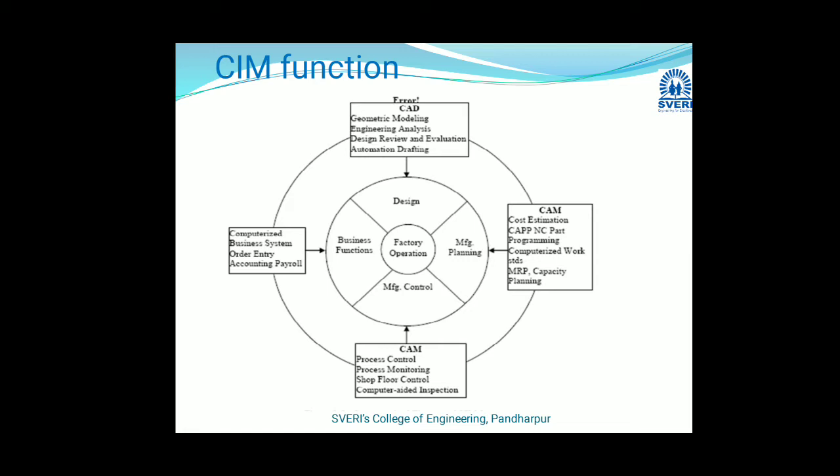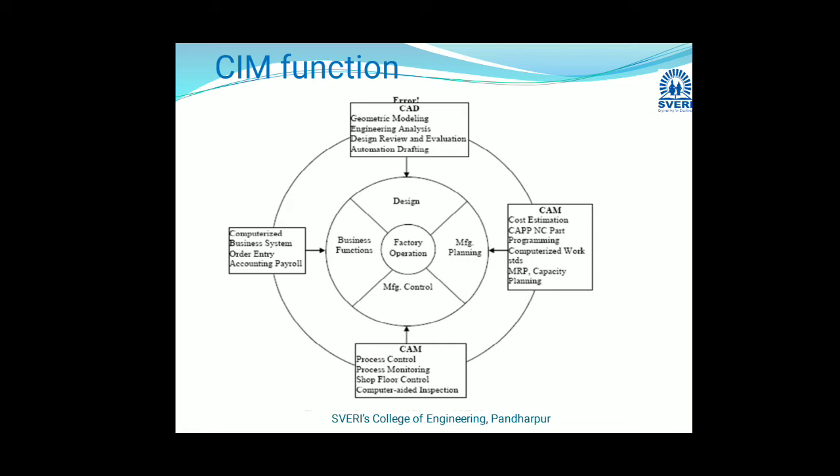First of all, we have to give some input to the part in terms of its geometrical information, all dimensions. Then we create a model, and for that we create some analysis, then review, evaluation, then final drafting, and then we go towards manufacturing. In terms of planning, there is cost estimation, computer-aided process planning for NC part programming, then computerized work, material requirement planning, capacity planning, then manufacturing control process